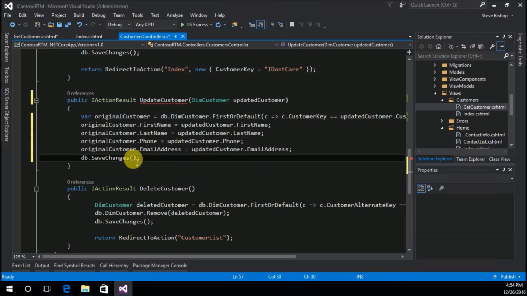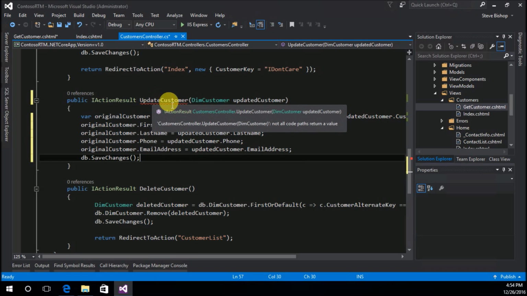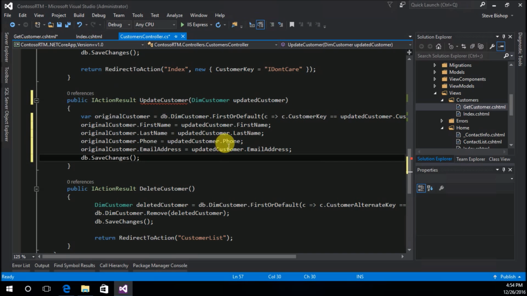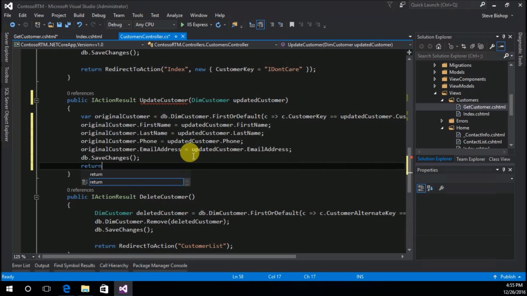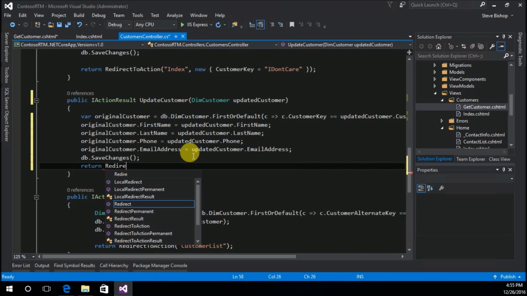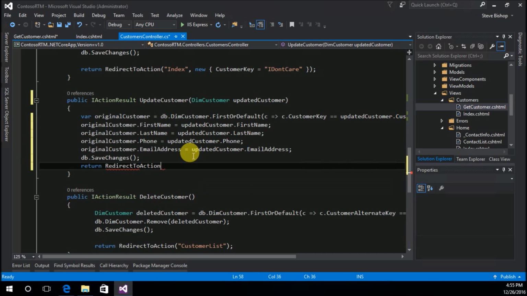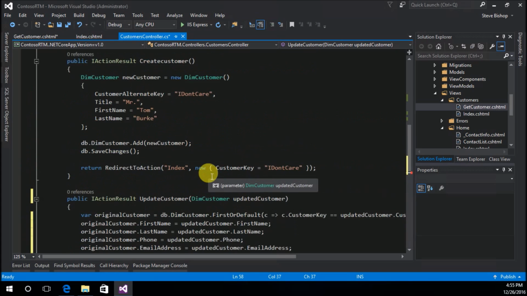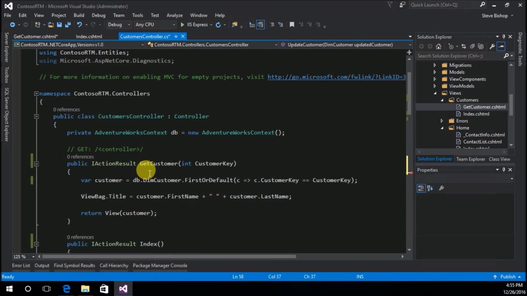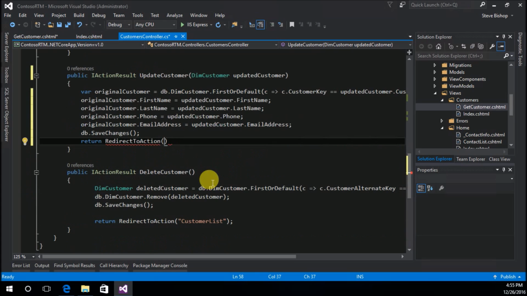Now, once I'm done saving the changes, the update customer method is expecting some sort of result to be returned back. So it needs to be an IActionResult. We need to do a return then of something. And I'm just going to do a redirect to action. And this redirect to action, it probably makes sense that I could just redirect back to our get customer method. So essentially we're going to be redirecting the user right back to where they started, where they were editing the customer information. So I'm going to do get customer,